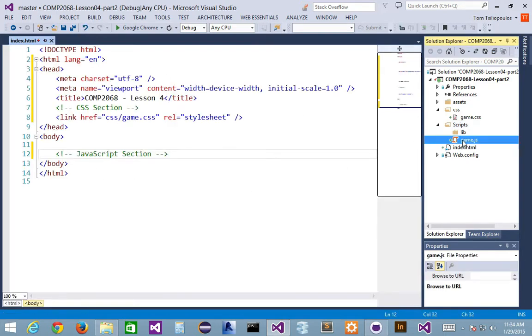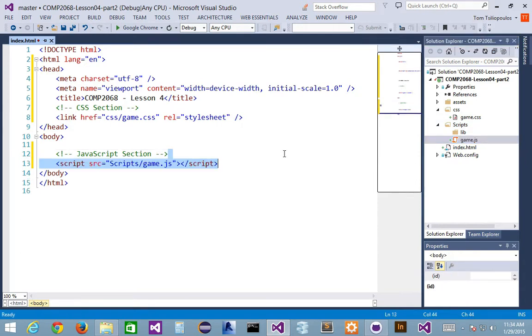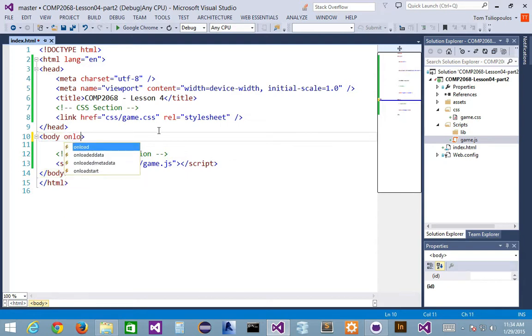I need to link this in my JavaScript section. So I'm just going to drag and drop it, right? So now it's linked up. Okay, cool. But it really doesn't do anything, and the way to do that, of course, is to add a little listener to the body tag. The way we're going to do that, just to make it easy, is onload, right? And we're going to define a new function that we're going to call